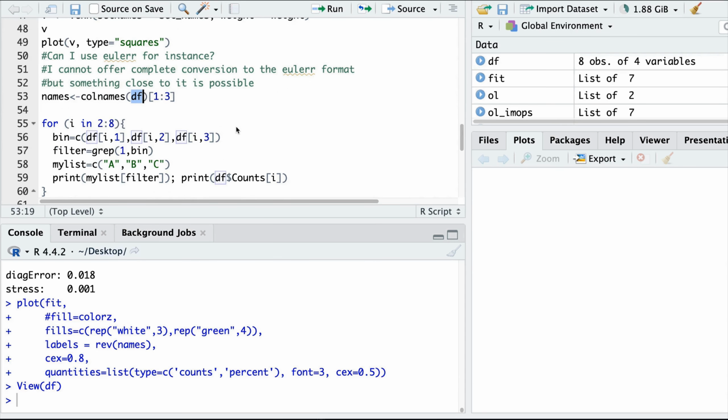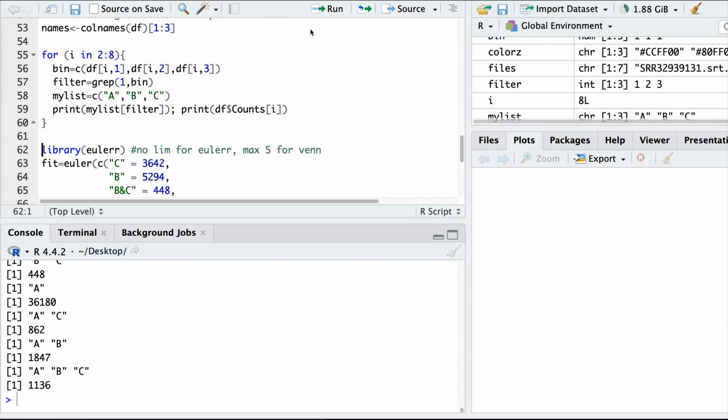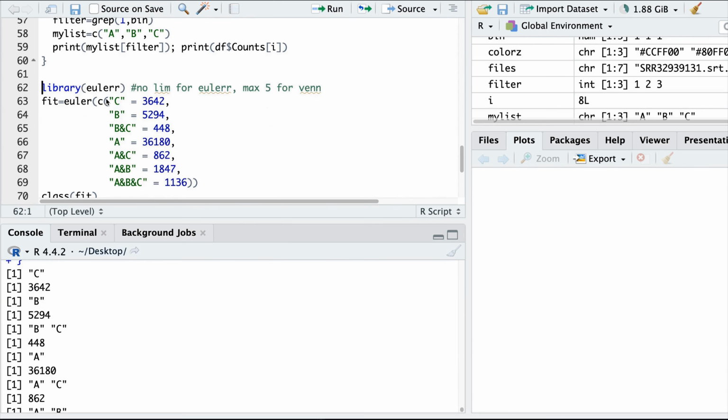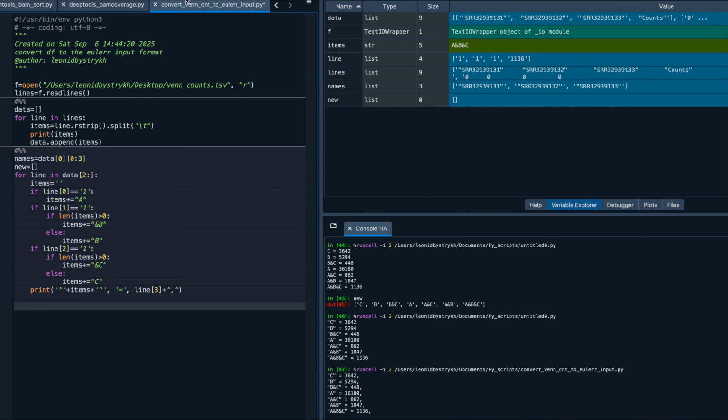And R is stiff and not really flexible to process text lines, yet you can try. For instance, doing this loop, you can generate something like this and then copy-paste into Eulerr, where you do the rest by hand. You supposedly should have an end product like this,